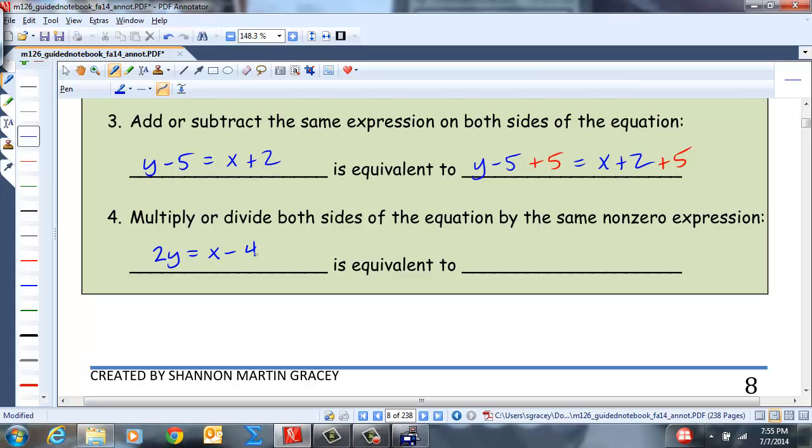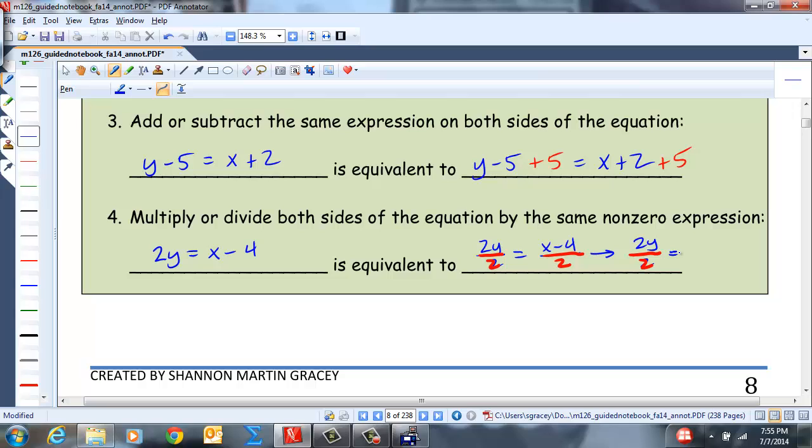This would be equivalent to 2y divided by 2 equals x minus 4 divided by 2. Now, I did this on purpose because this is your 2y divided by 2. Actually, let me do those in red. Basically, this is what I'm changing. I'm dividing by 2. So basically, this is equivalent to 2y divided by 2